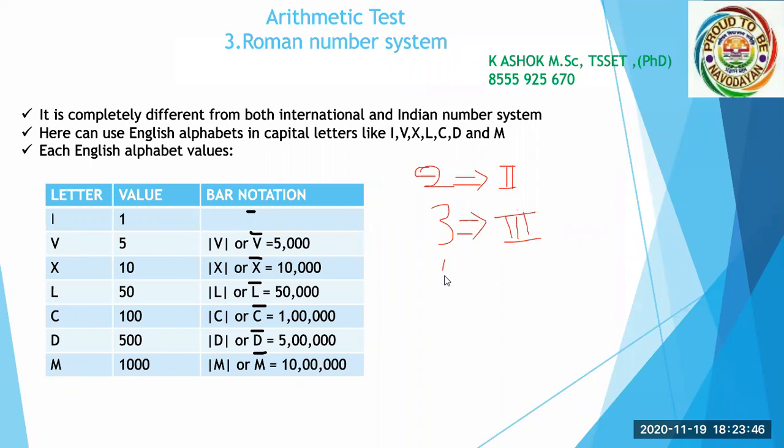Now how can you write 4? It's very important. Whenever you write the 4, keep in mind, most people say 1, 2, 3, 4 lines, so 4 lines is 4. No, it is not right. It is wrong. You should not do 4 lines. You have to use one line and a 5. So this is nothing but 4. You have to write the 4 like this.